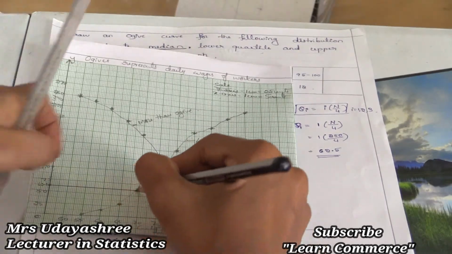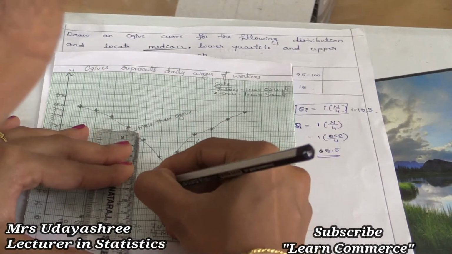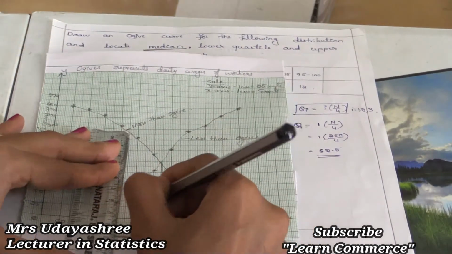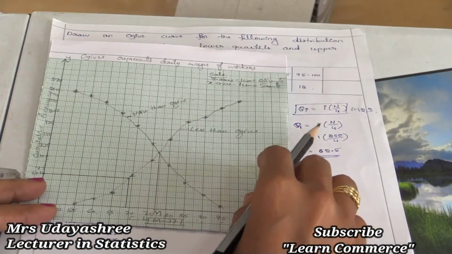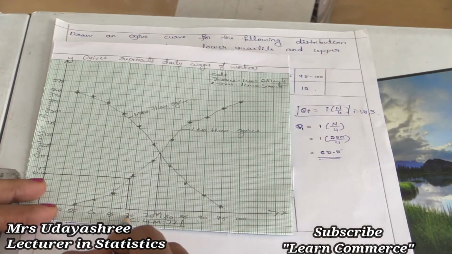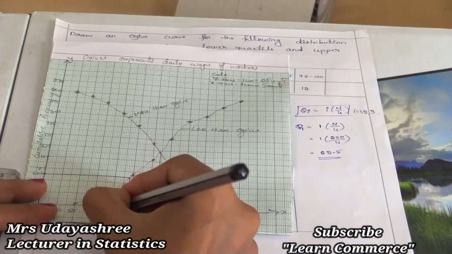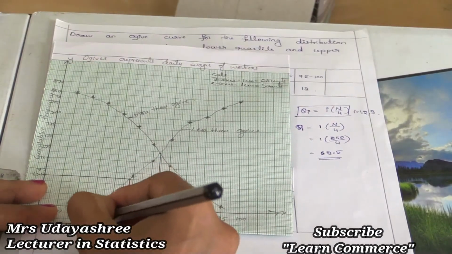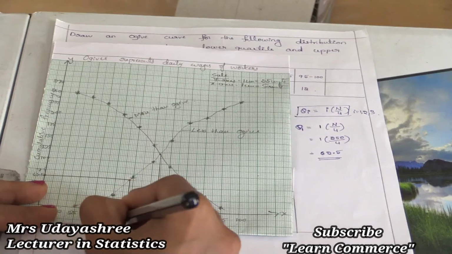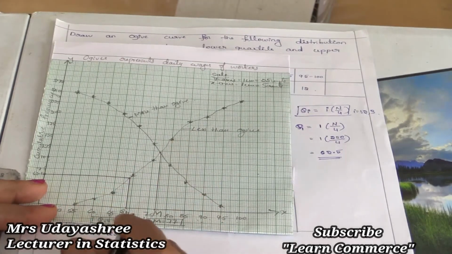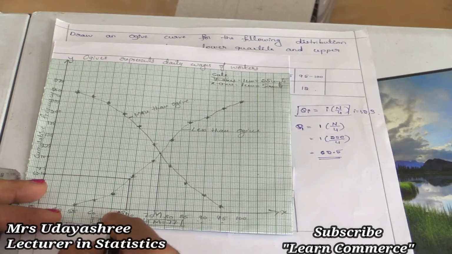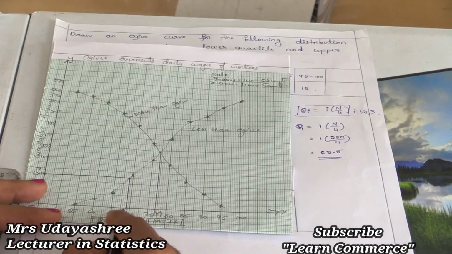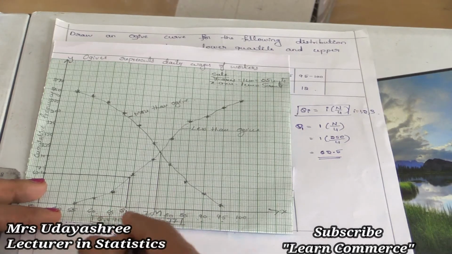Next, from this point I will draw one line perpendicular to x axis, and this point on x axis will give the lower quartile Q1. So here Q1 is, see, this is 65 and this is 70. So this point is Q1. So here Q1 is 70. See, this is 65, this is 70, in the sense here the first line gives 65.5. So this is 66, this is 66.5, this is 67, and this is 67.5, this is 68, and this is 68.5, this is 70. So here Q1 value is 70.